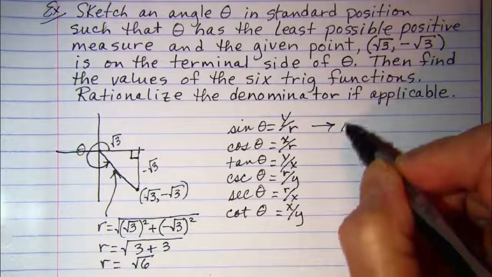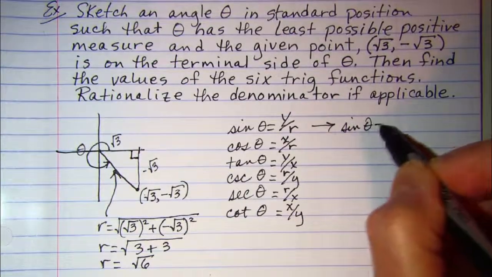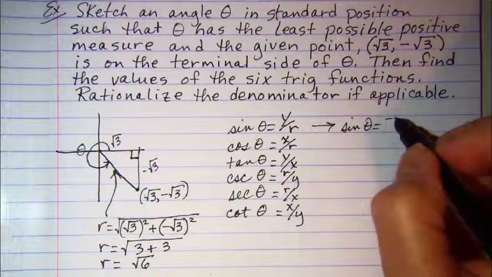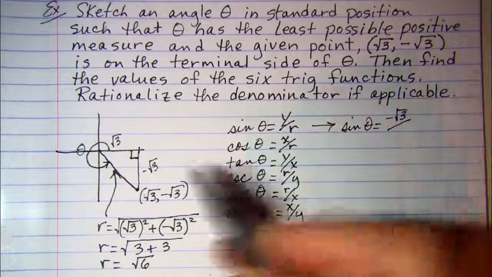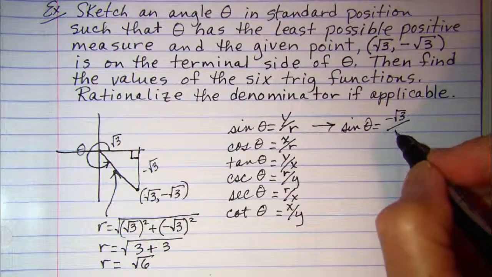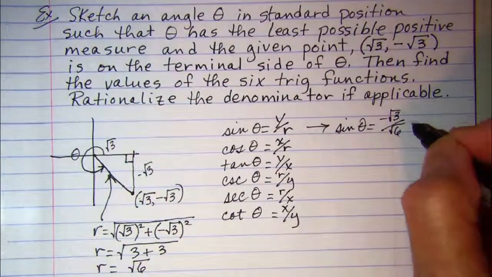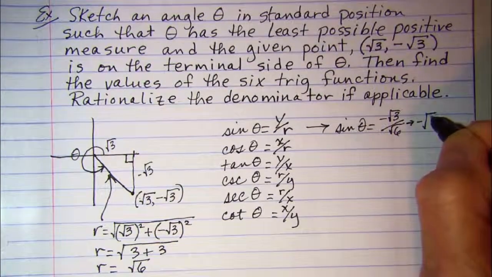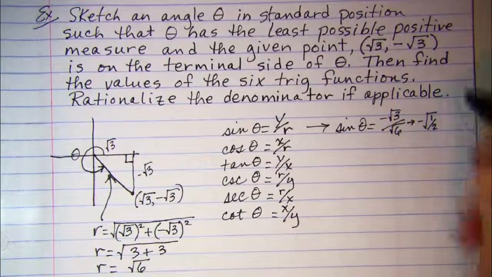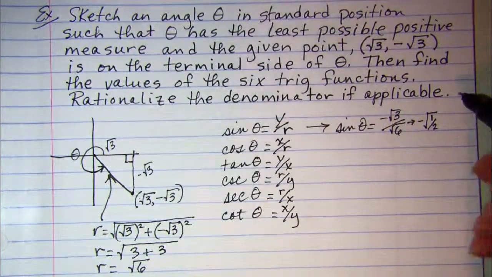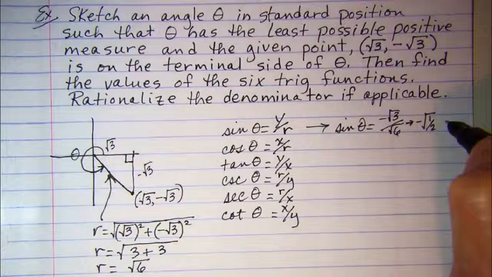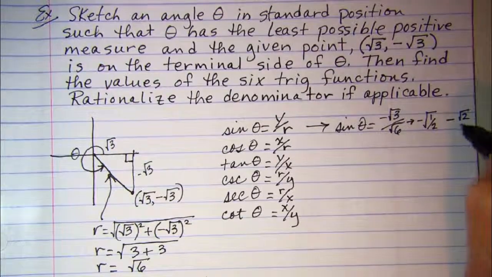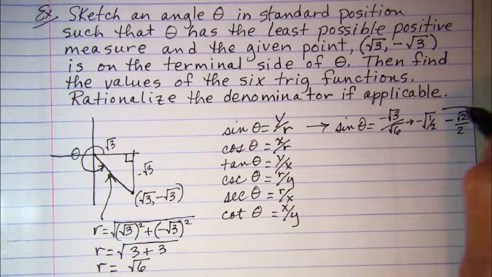So our sine theta is y over r, negative root 3 over root 6. This is negative root 1/2, which is negative root 2 over 2. If we rationalize,